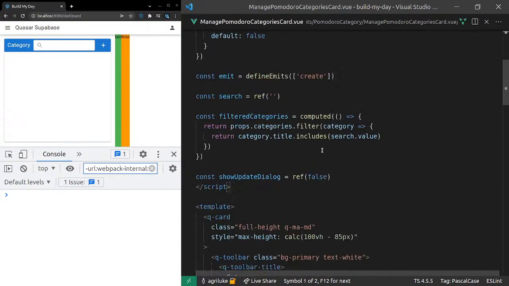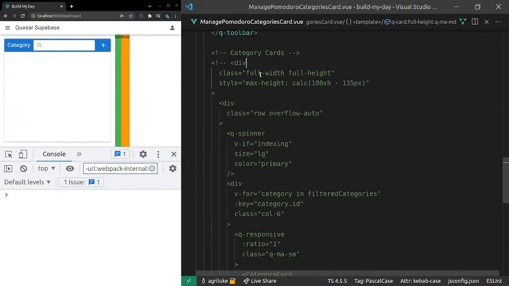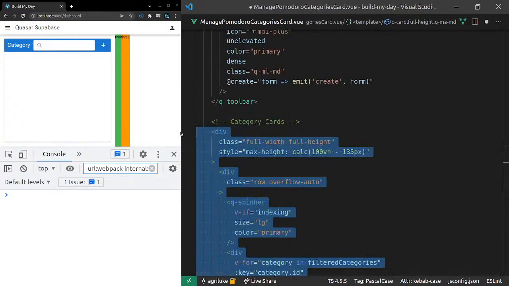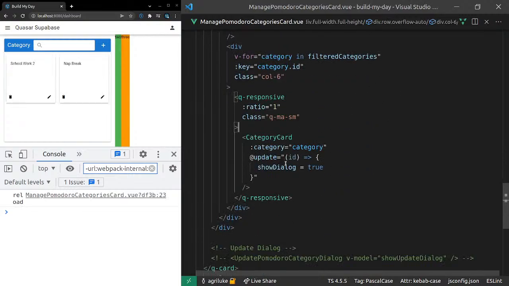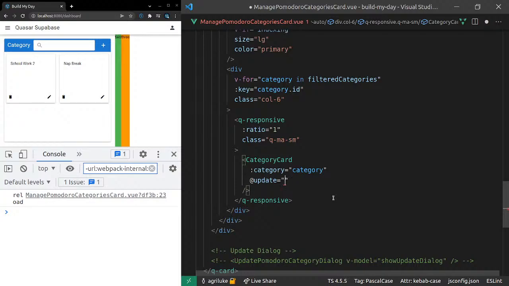All right, so create is working. I'm super, super happy with that. Next, we go to the category card. So let's uncomment that and see what we've got here. The category card is going to have an update event. That's not going to have a show dialog anymore because we don't actually have a show dialog here. What we do want to do is take the ID and say emit update, and we're going